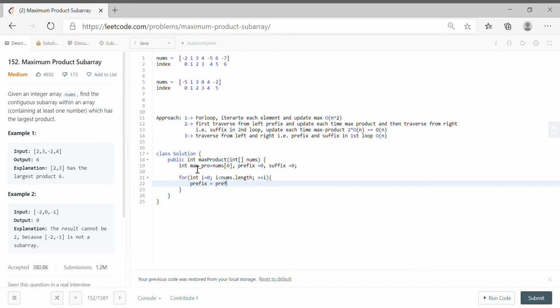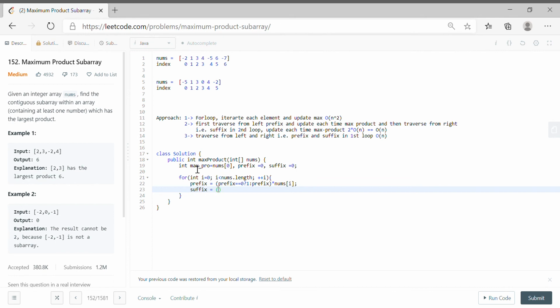If prefix is equal to 0, right, we have to return 1, or else it will be prefix, and we will multiply with the current element nums of I. Cool. And similarly we will do for suffix.